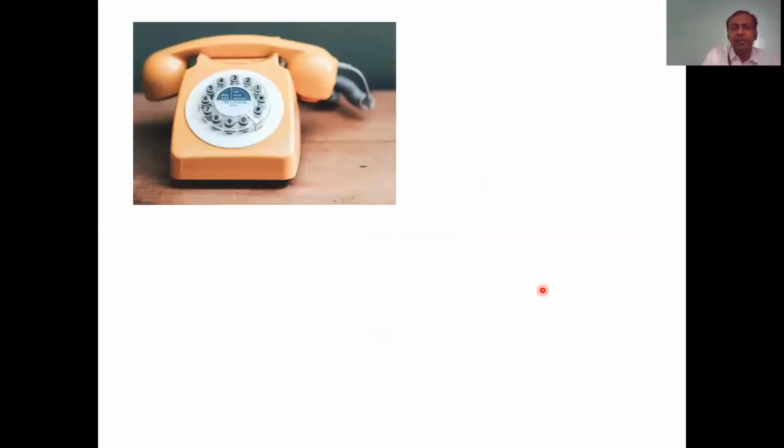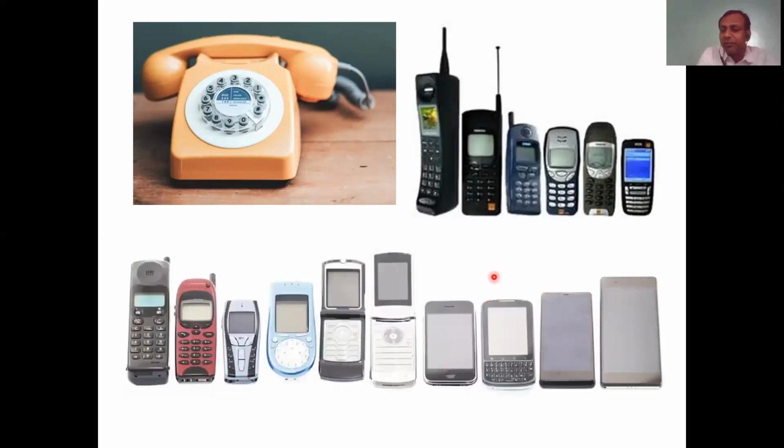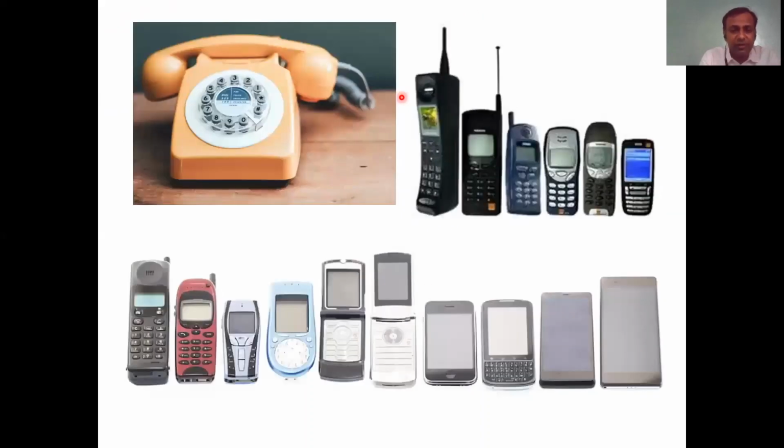Another example I have taken is the telephone. Around 20 to 30 years back, we had this type of telephone at our home. Then it changed to pager, then phone, around 2003 to 2010. Thereafter came the smartphone. And after the smartphone, there is the term smart. Now we know